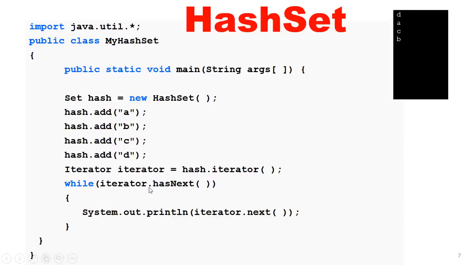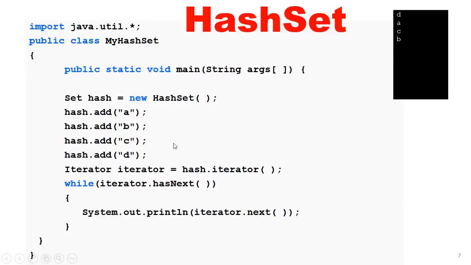Yes, here the iterator has more values, so it will return true. Then it will enter the while block, and the iterator.next method returns the first element of the set. What is the first element? That is A. Then it will print A. What is the output? It is D. Why?